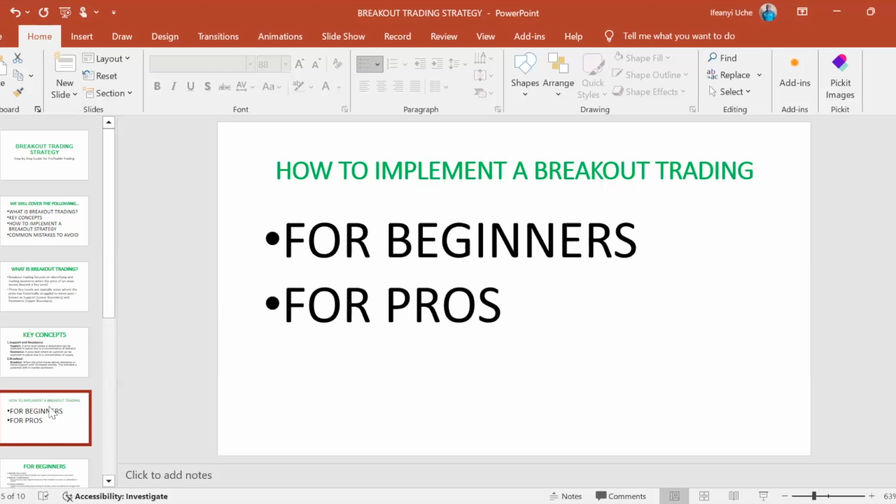So we look at how each of these categories can implement a breakout strategy, because whether you are participating in this presentation live or you are watching it later, you fall into one of these two categories. Either you're a beginner or you are a pro already, and probably you haven't really taken your time to check out the breakout strategy, and now you want to. So we will cover that shortly. So for beginners,